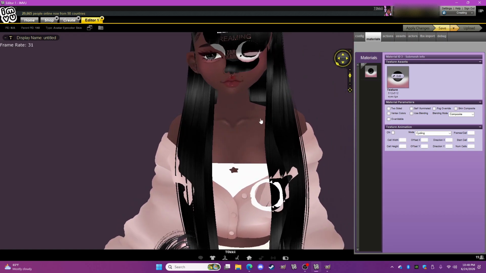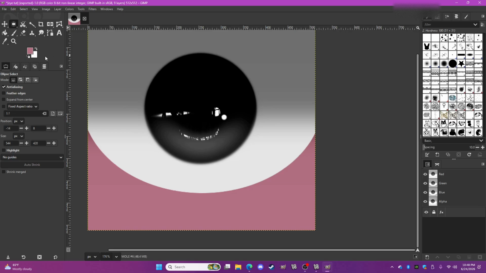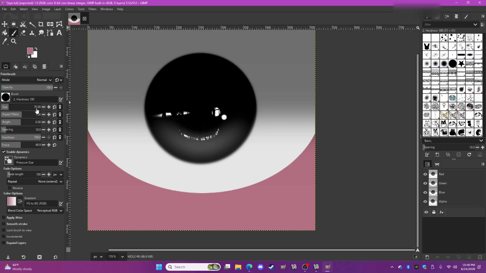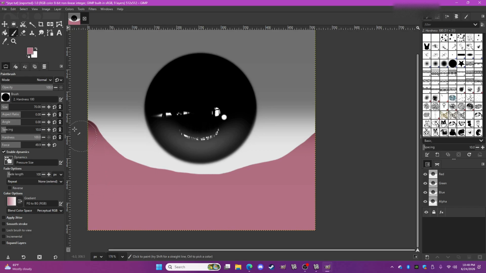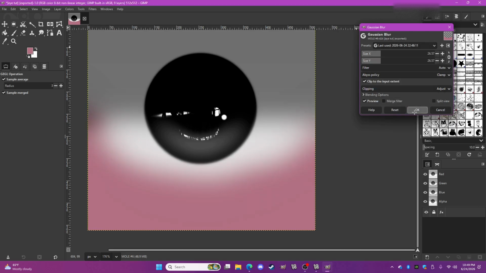A lot of this is really just trial and error. Or if you want to, you can also freehand it, draw it up a little bit, and then just Gaussian blur again,